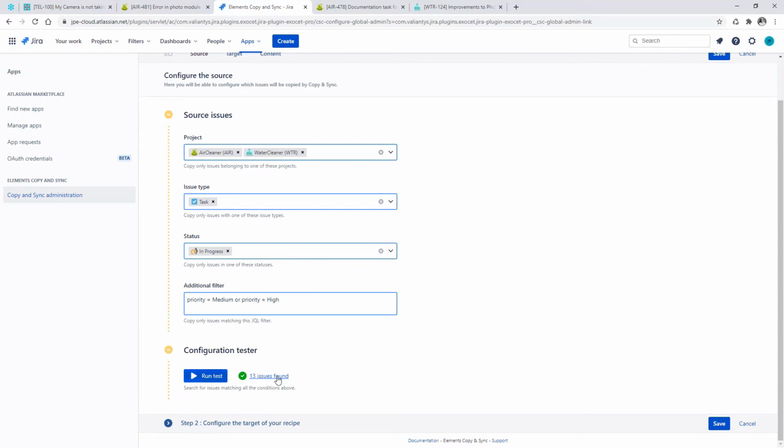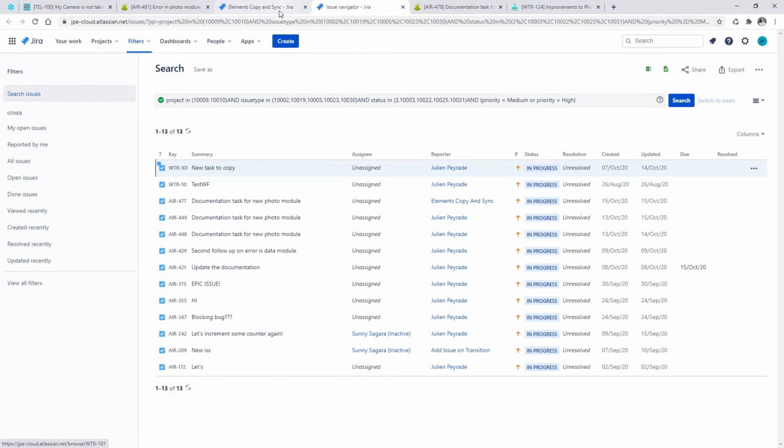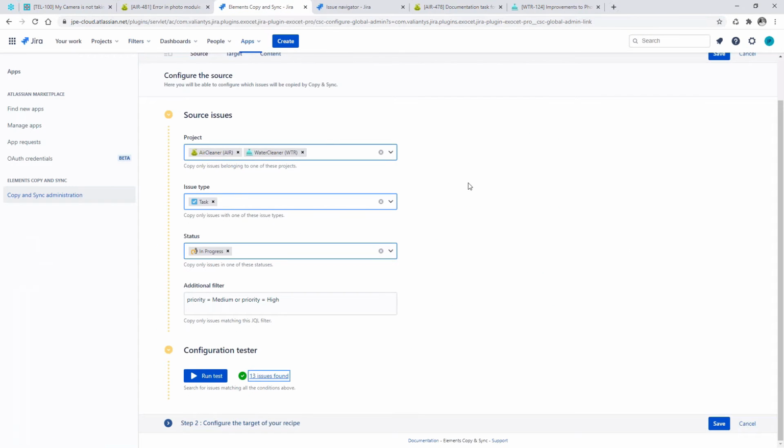So if I use this tester, I can see that 13 issues on my Jira instance match all these criteria. And if I click on the link, I can see that all these issues are listed here. So it's extra useful for Jira admins who want to check their configuration and make sure that the correct recipes are available in the right place.